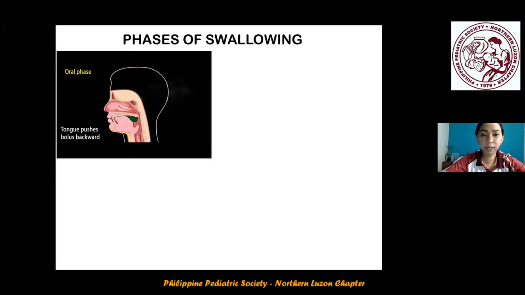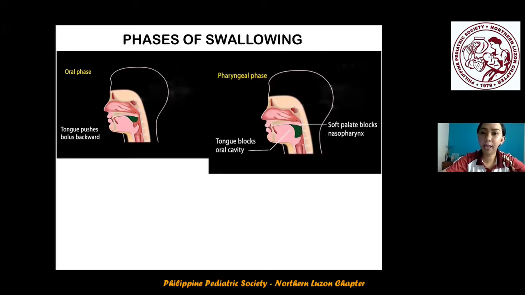So here we see that the food is moistened by the saliva and then chewed, and then the food bolus is formed and the tongue pushes it to the pharynx, and this process is under neural control. And the next one is the pharyngeal phase, which starts with the stimulation of the tactile receptors in the oropharynx by the food bolus. So the swallow reflex is initiated under involuntary muscular control.